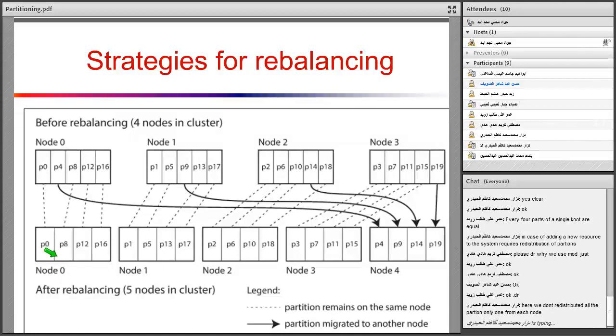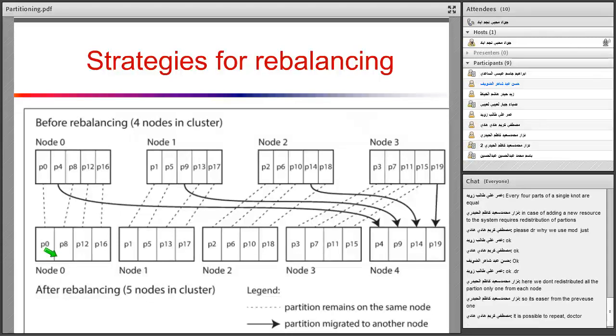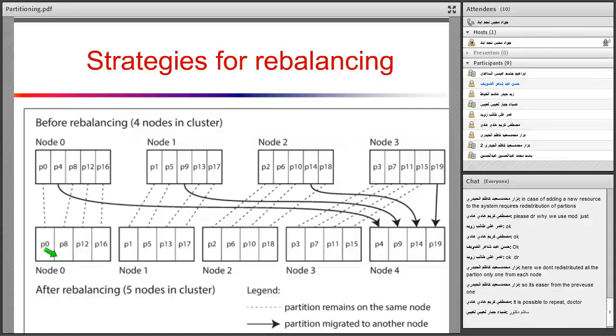Yes, Nazar, is it correct? Here, we don't redistribute all the partitions, and only one partition is selected from each node. Yes, is it right? So it's easier than the previous one. Yes, it's easier and it's better than the previous one. Yes. Mustafa, it is possible to repeat, doctor. Which part, Mustafa? Okay, again,